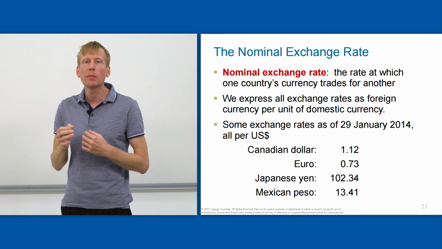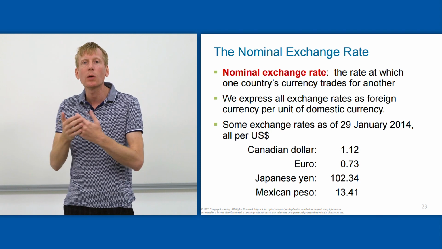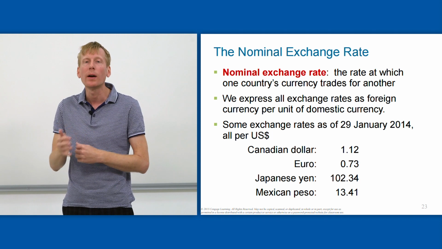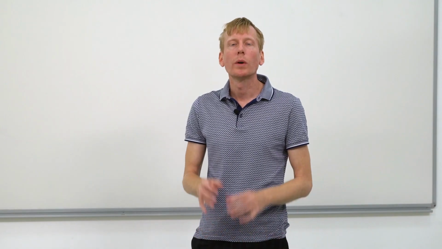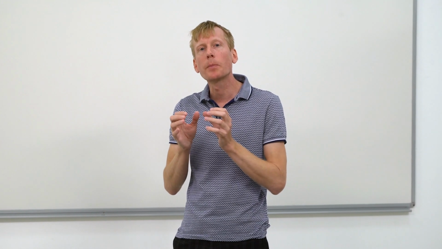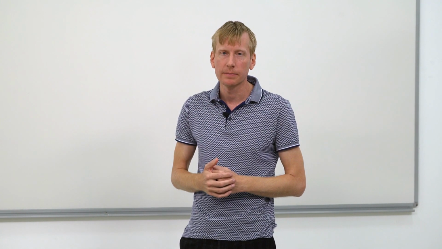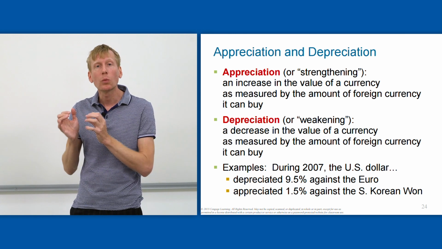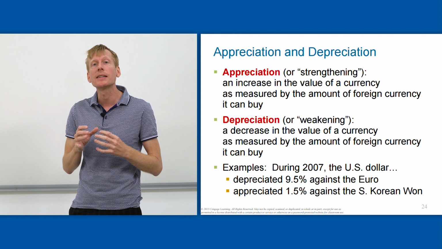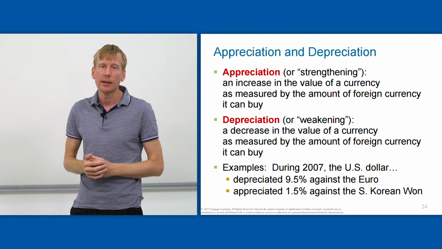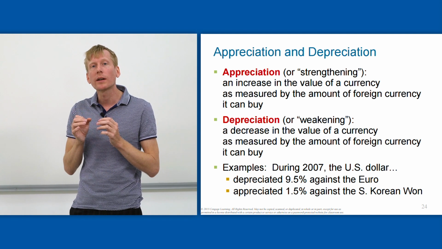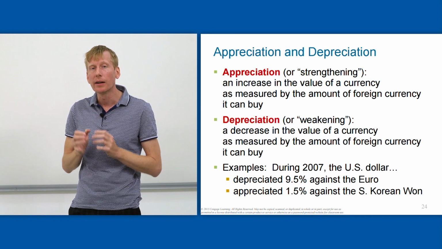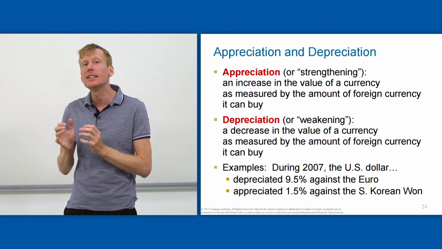If the yen is able to buy more dollars now than it was last year, or if the dollar is able to buy fewer yen now than it was last year, we could also describe this concept as appreciation of the currency. So if it was 105 yen to the dollar last year and 102 this year, the yen has appreciated. The opposite would be if it's 105 next year and 102 this year, that would mean that the yen is